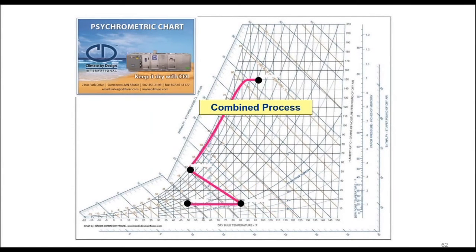We can combine processes and describe them on our chart. This is a very common application for us where we take outside air, we pre-cool it with some sort of a cooling coil, DX or chilled water, whatever it might be, to get a lot of water out of the system on those really high moisture days. You can see there's quite a bit of water being removed. That's not dry enough yet, so we now go through the desiccant dehumidifier, bringing that down the enthalpy line, kicking it out a little bit to the right.